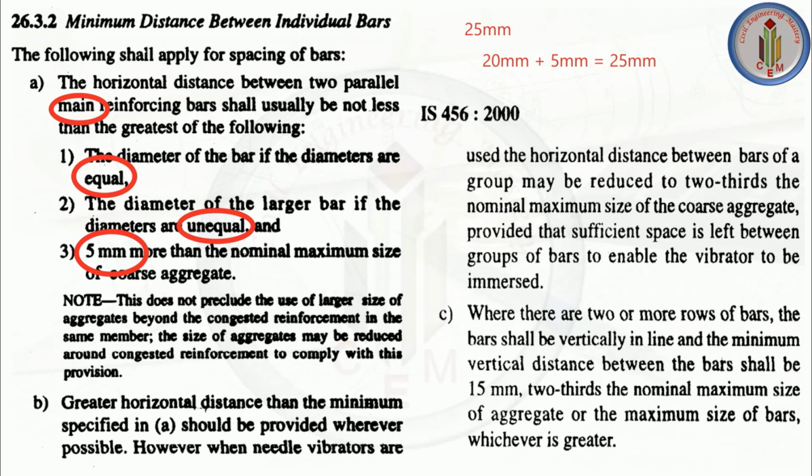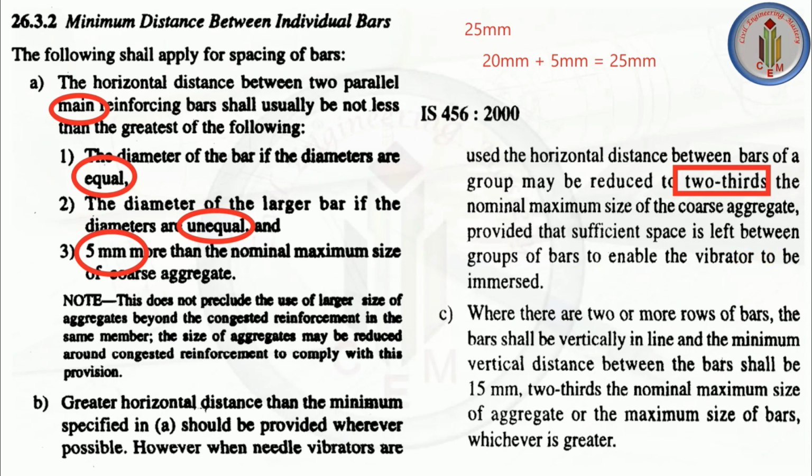Now you can have a question: why do we need to provide this much spacing specifically? Here there is one more point. Greater horizontal distance than the minimum specified in class A, that is this one, should be provided wherever possible. So wherever possible we can apply this one. However, when needle vibrators are used, the horizontal distance between bars of a group may be reduced to 2/3 the nominal maximum size of coarse aggregate, provided that sufficient space is left between group of bars to enable the vibrator